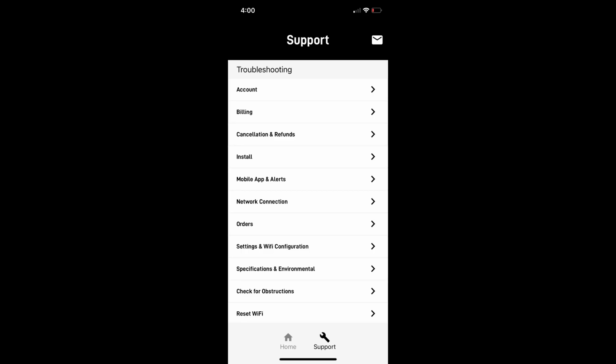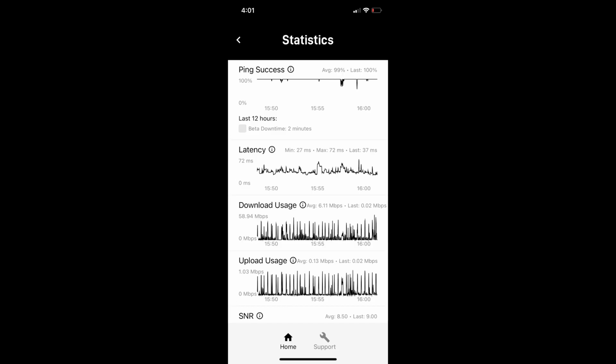So next I want to talk about the app, because the app's pretty badass. I'm a big fan of it. So with the app, you can check for obstructions, you can see your usage data, you can stow the dish if you want to move it, you can see how many devices are connected to your network. So really cool, really intuitive, easy to use. The only downside is if you're using your own router, you cannot use the app and use all of its